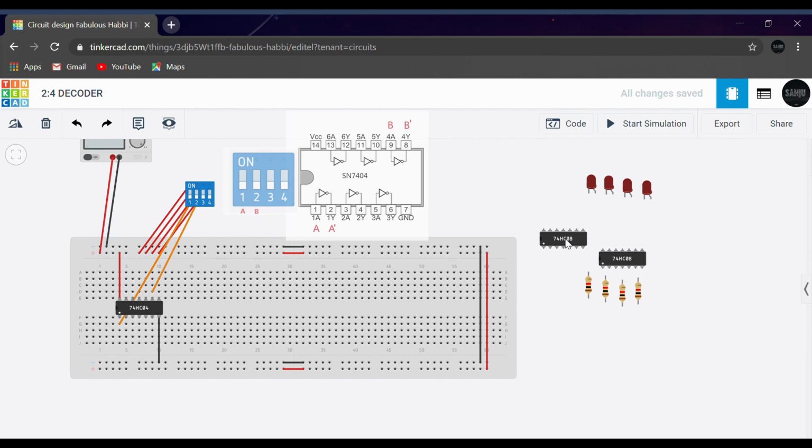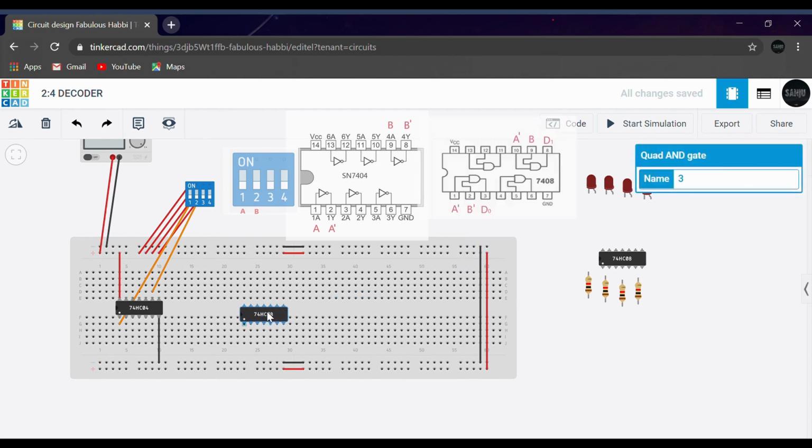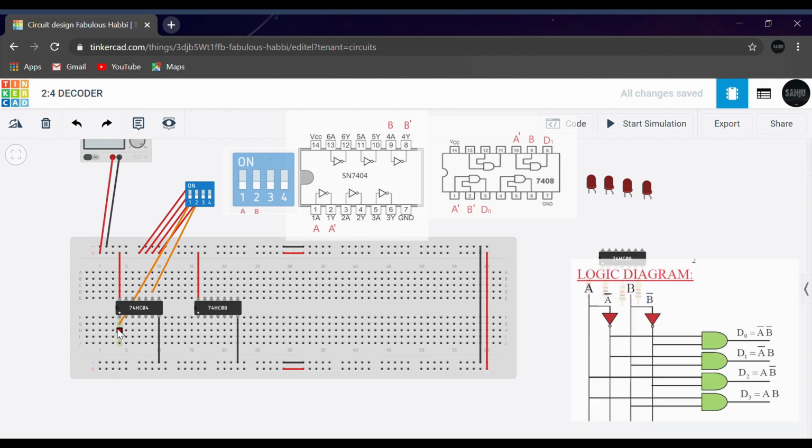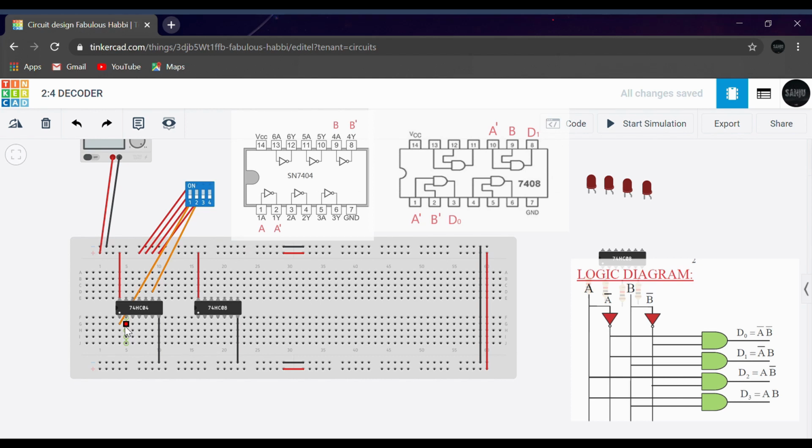Now let us place our quad AND gate over here. I'll give the basic connections for it. Now for our D0, the value is A bar and B bar. So this is the A bar.